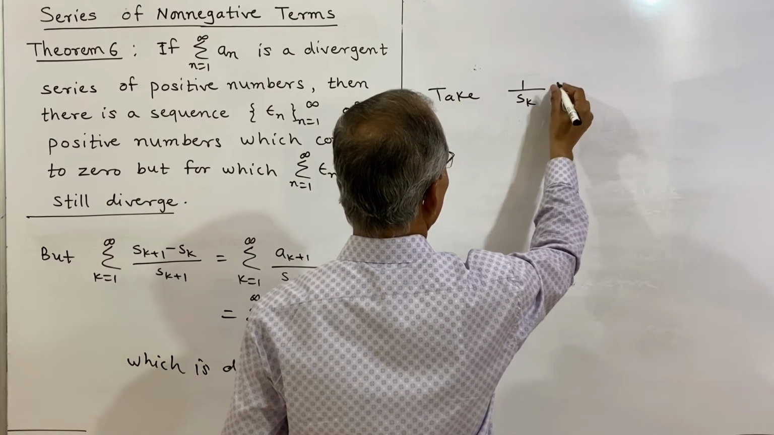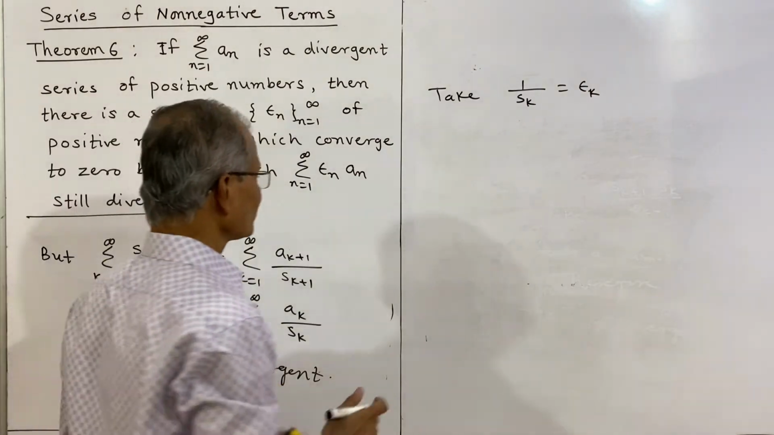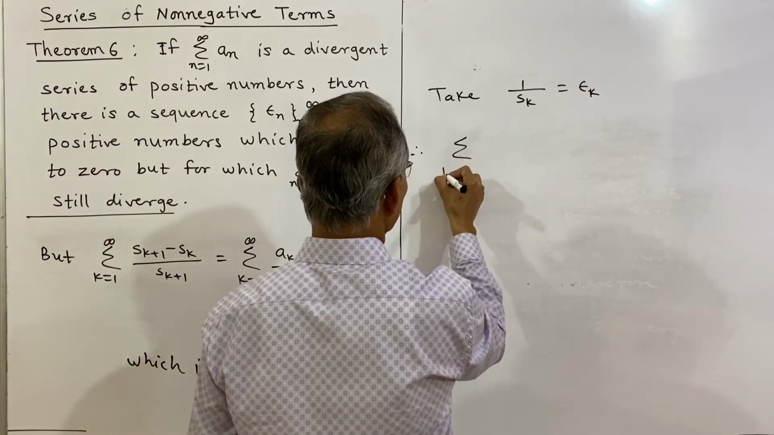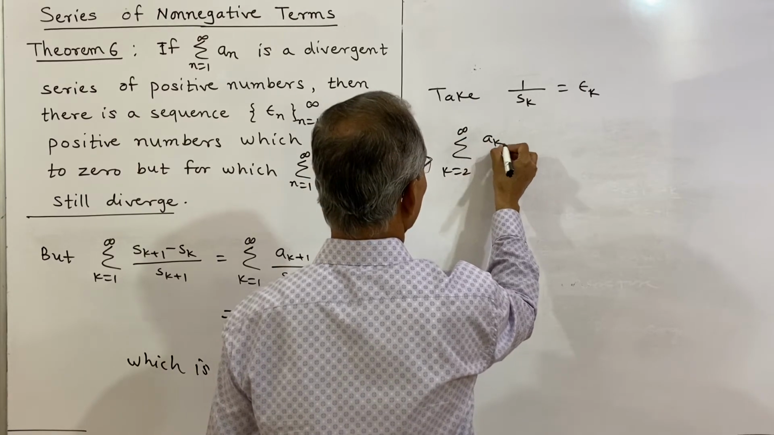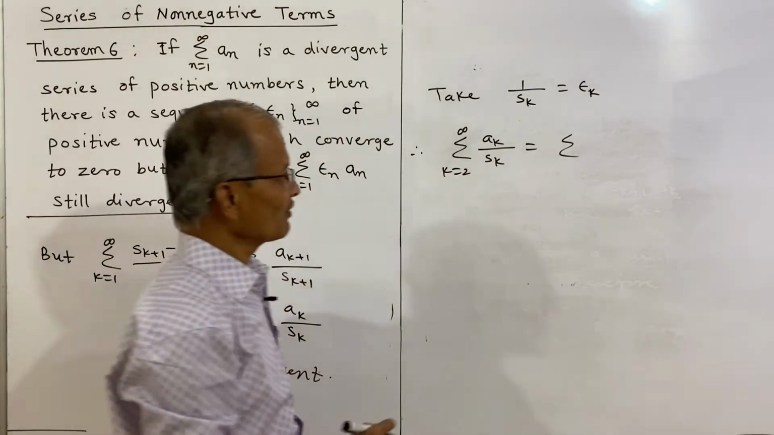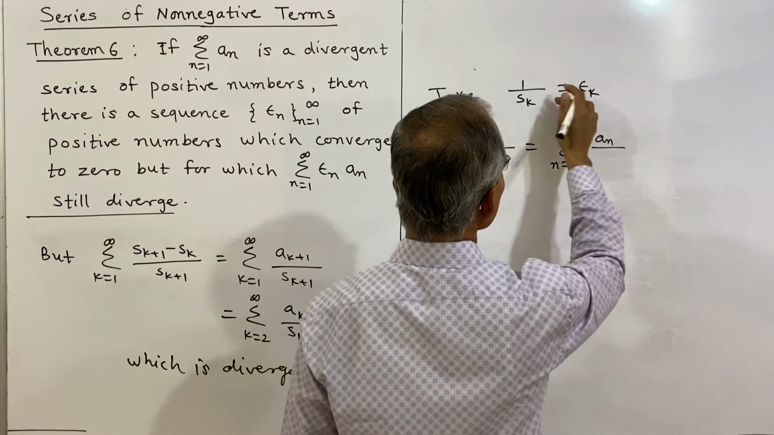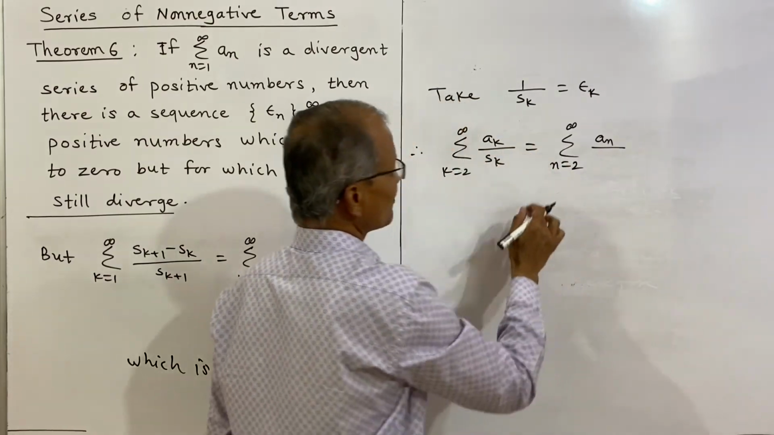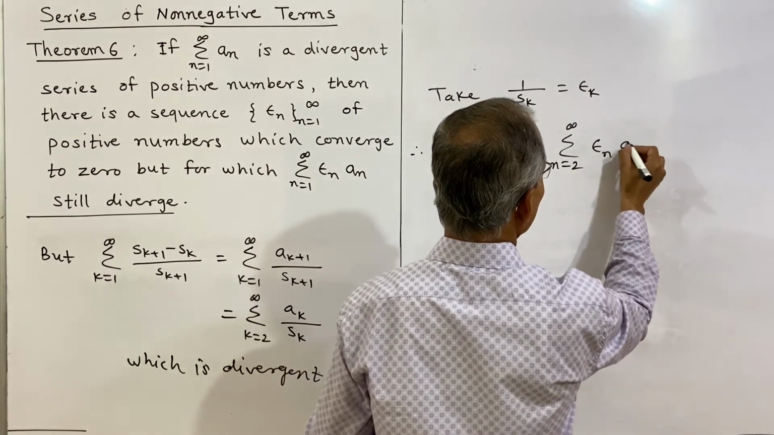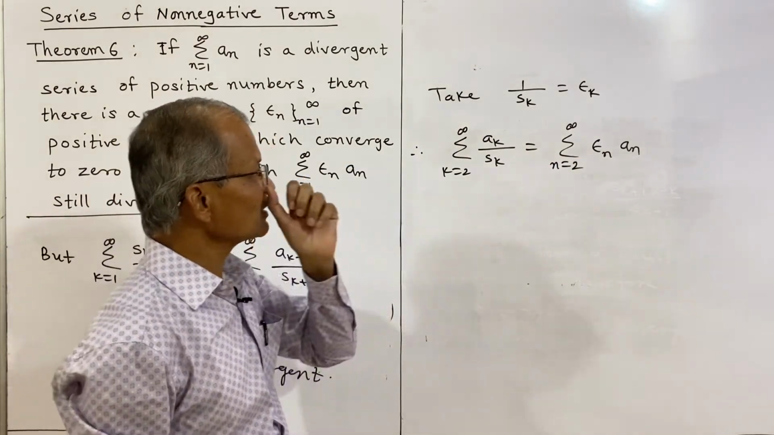Take 1 upon Sk is equal to epsilon k, and therefore this series, summation k takes value 2 to infinity a_k upon S_k, becomes summation, instead of k we can write now n, replacing k by n, n takes value 2 to infinity a_n divided by S_n. 1 upon Sk is epsilon k, so 1 upon Sn will be epsilon n, and that can be written as epsilon n into a_n. Epsilon n is 1 upon Sn, replacing k by n. So this series is divergent,